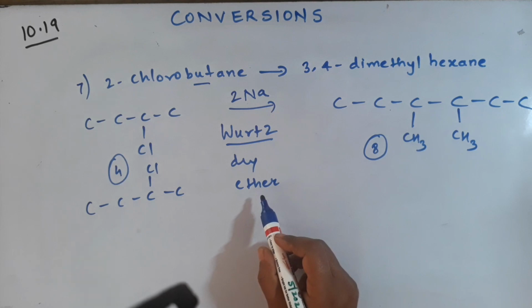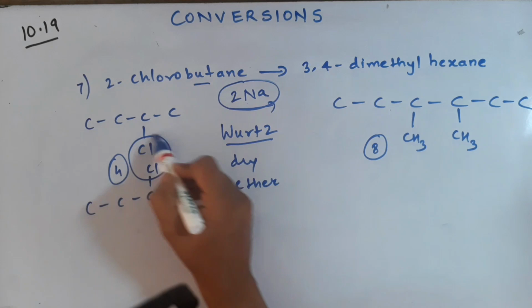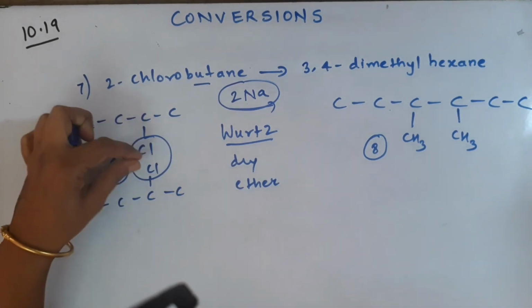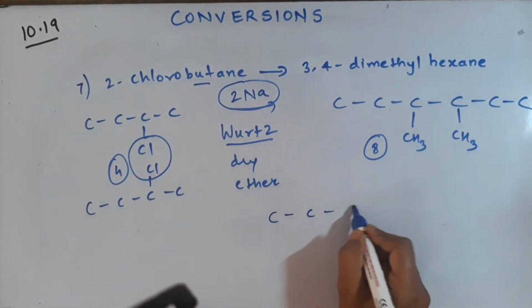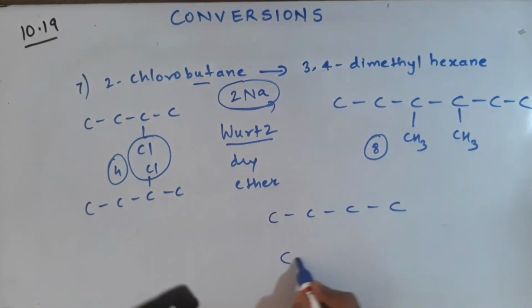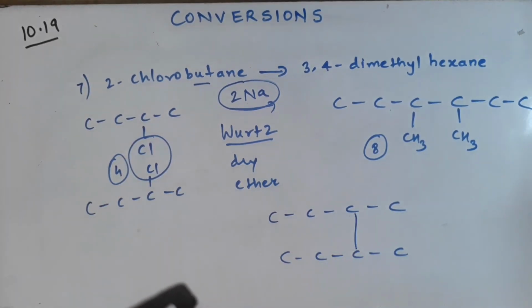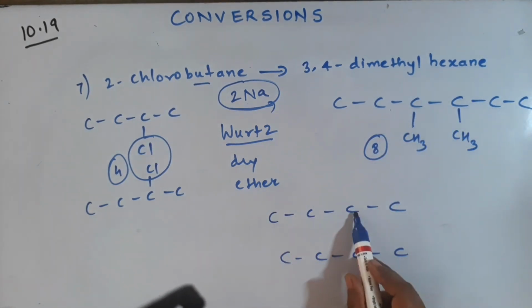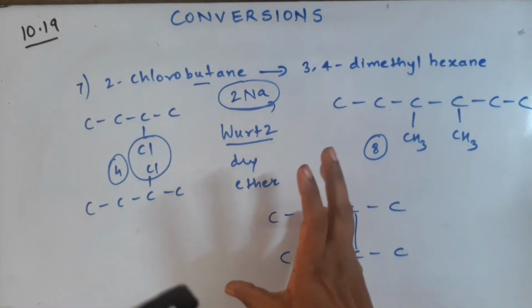Now what do we do in the Wurtz reaction? Already you know. Sodium will go with the chlorines, and from wherever you broke the chlorines, you're going to join them. So it would look like this: 1, 2, 3, 4, and from this side also 1, 2, 3, 4, and just join these two. It exactly becomes this way, 1, 2, 3, 4, 5, 6, hexane, 3,4-dimethyl. You may draw the hydrogens later on. This is the way you have to get an idea. Doubling up means Wurtz reaction, Fittig reaction.